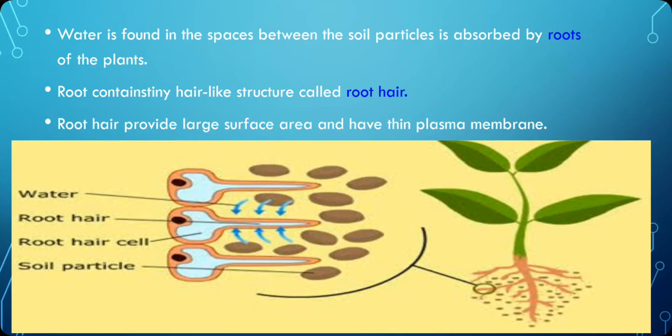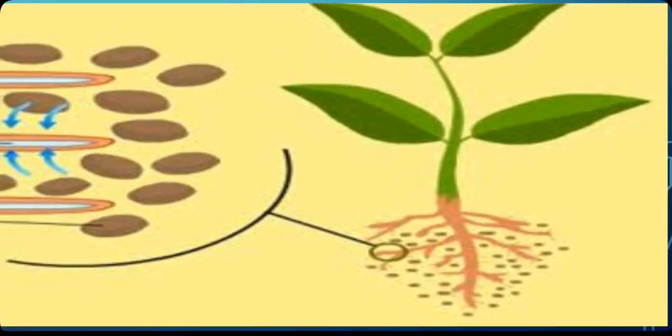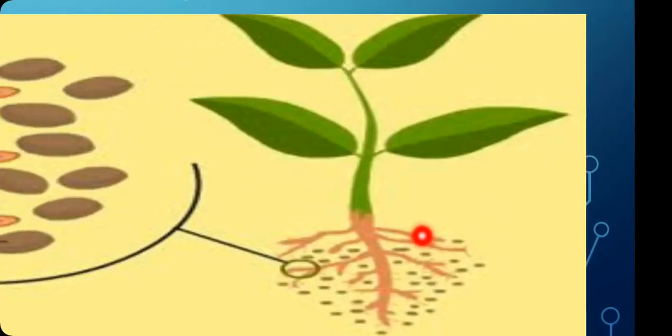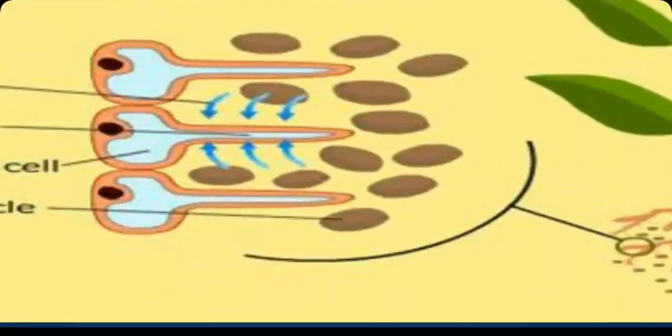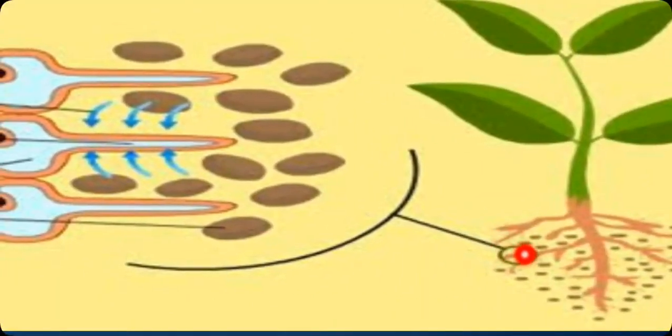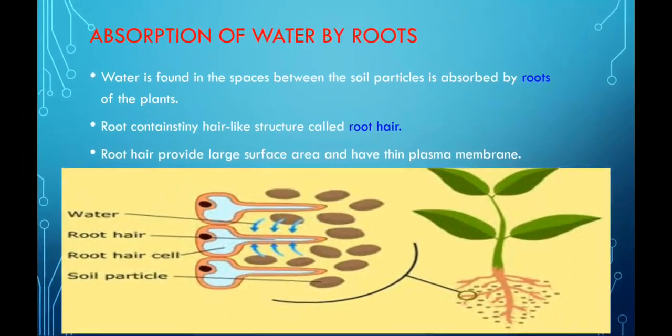So from the soil, as the soil is in contact with the roots, the roots have very tiny structures along with them. They have lateral branches, as you can see here, on both sides. And besides that, they also have tiny structures. You can see the zoomed structure of this here. So there are some structures here. What are these structures called? These are fine thread-like structures, or I can say hair-like structures, and that's why the name is given as root hair.